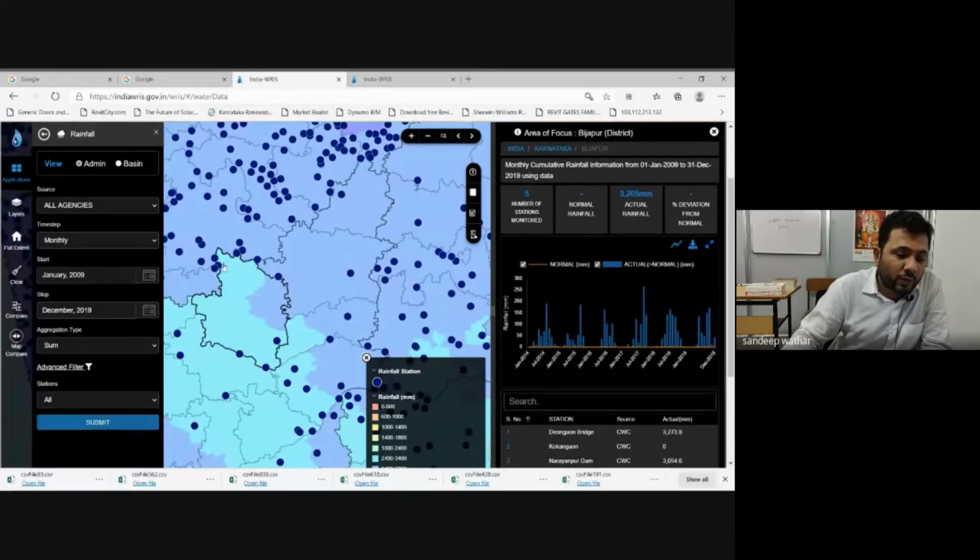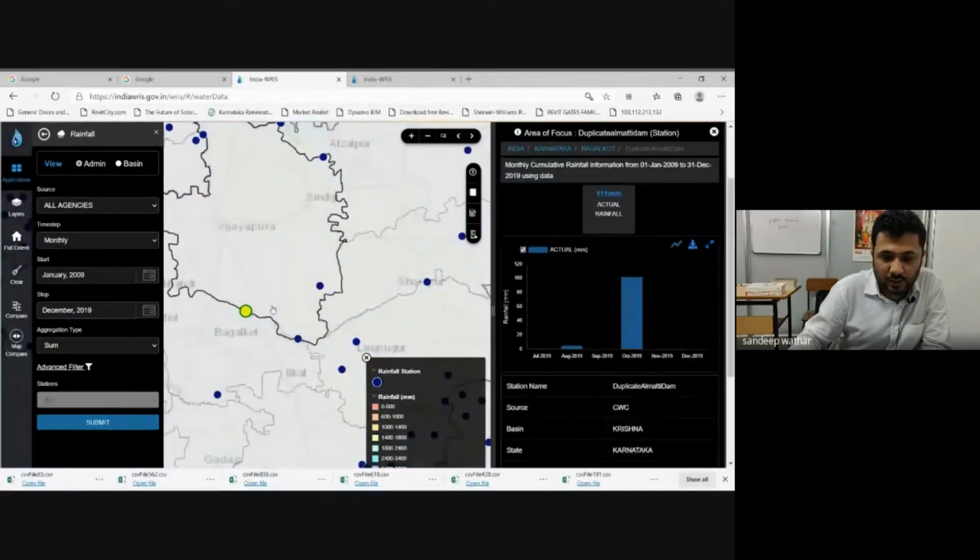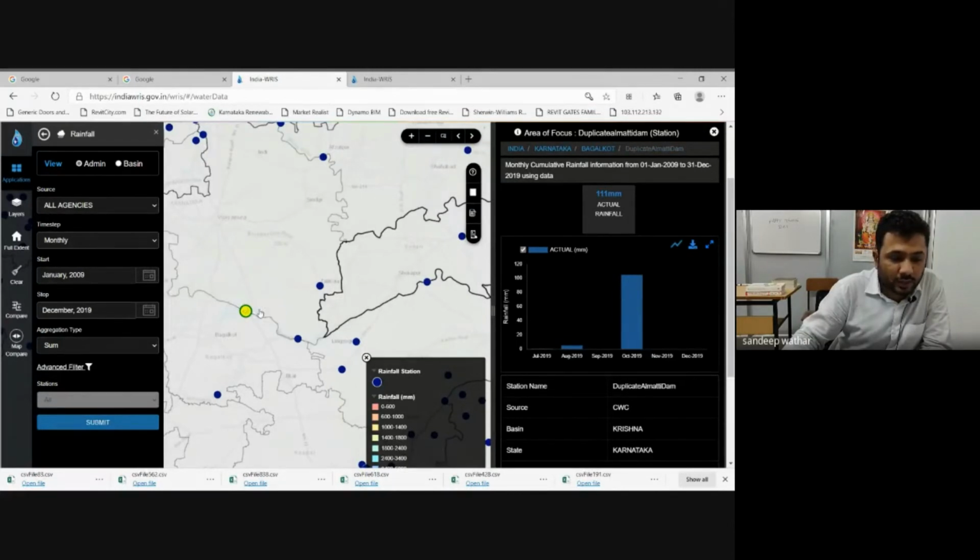Okay, so whenever we want to get the rainfall record of this entire area, what we do is take the average of rainfall that has happened in all these rain gauge stations. First, I'll go back to the micro thing. At any particular rain gauge station, you can see this is Almaty Dam site. This is your Almaty Dam site, and this is the rainfall that is recorded in Almaty Dam site.